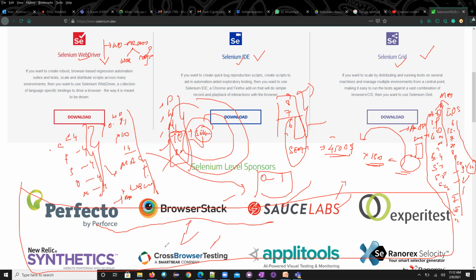So all these companies will fund it, because many companies, as it's a free tool, will be using it and implementing it, and they will support this cross browser testing. They give something for free and charge more, because they charge here per minute. Now, the Selenium founder is the Sauce Labs founder. He knows that if he gives it for free, money can be generated here. That's the business strategy they have developed.